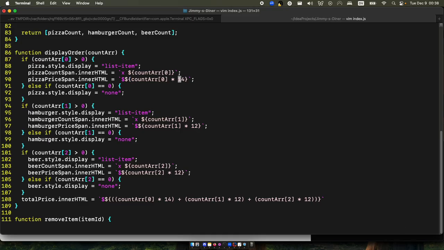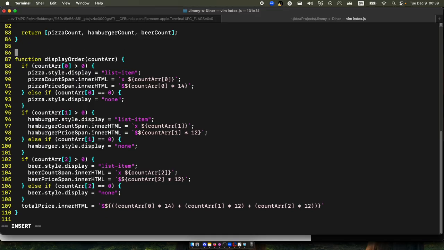You have different prices, and you're referring to these as being different variables, right? Pizza style display, hamburger style display. So these are really homomorphic,